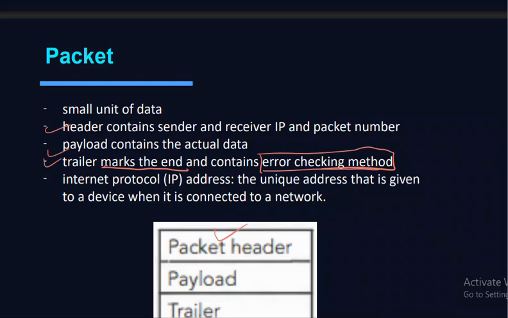In error checking methods, most of the things are checked or fixed. So if the sender's and receiver's IP is wrong, or the packet number is wrong, or the actual data is wrong, the trailer will mark the mistake, and whatever errors are in these packets will be handled by the error checking methods. There are some error checking methods we are going to look at. Next we have